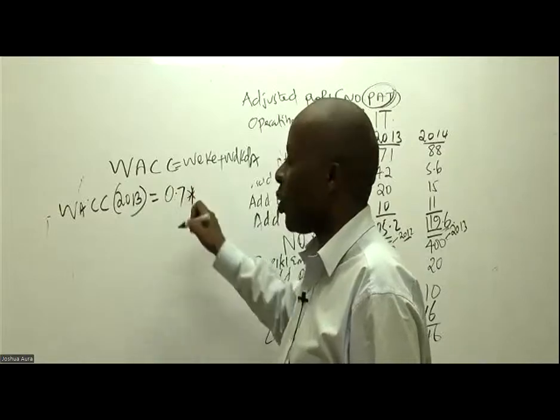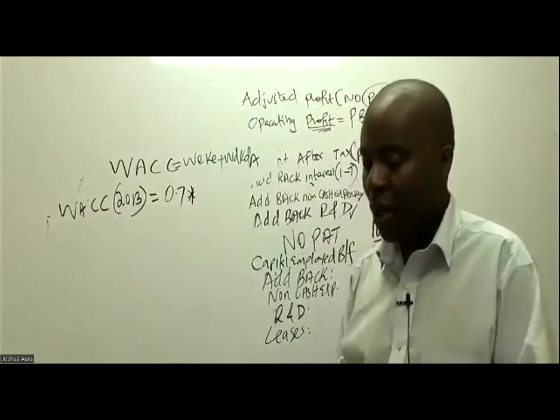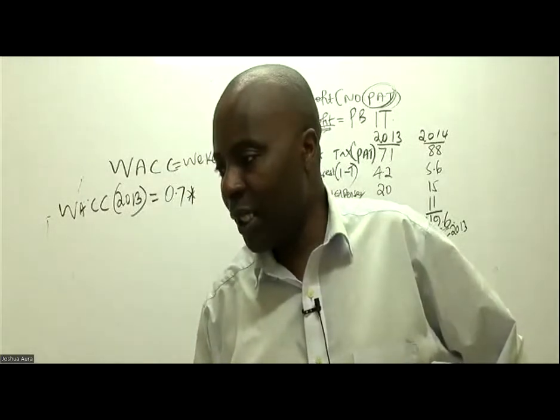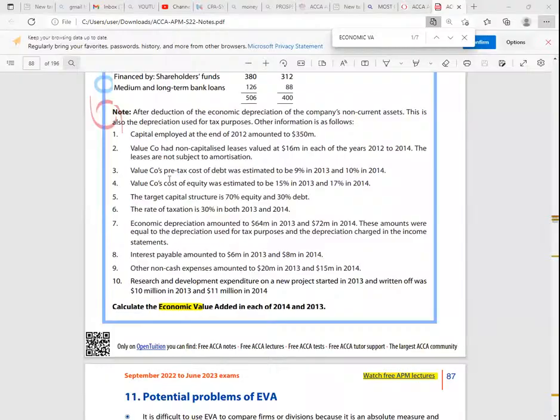So have they given me the cost of equity? Yes. Cost of equity has been given somewhere here. Note 3. The company's pre-tax cost of debt was estimated at 9% in 2013 and 10% in 2014. No worries, that is KD. And then 4, the company's cost of equity in 2013 was 15%. So 15% in 2013 plus weight of debt, you've just told me it is 0.3 times cost of debt in